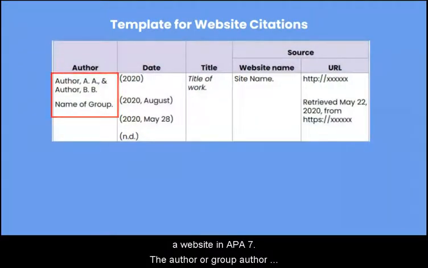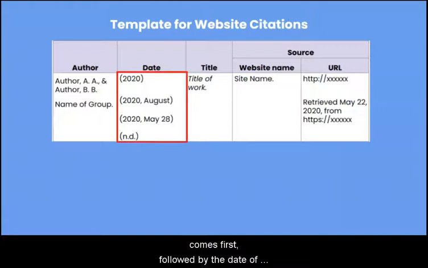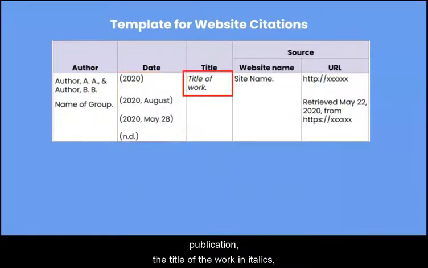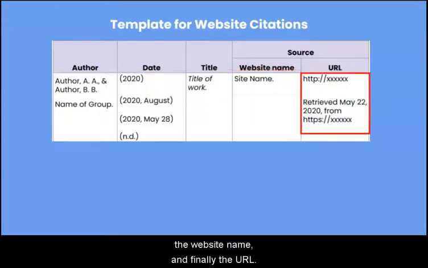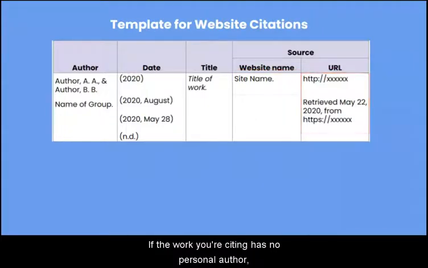The author or group author comes first, followed by the date of publication, the title of the work in italics, the website name, and finally the URL. If the work you're citing has no personal author, you can use the name of the group that published the